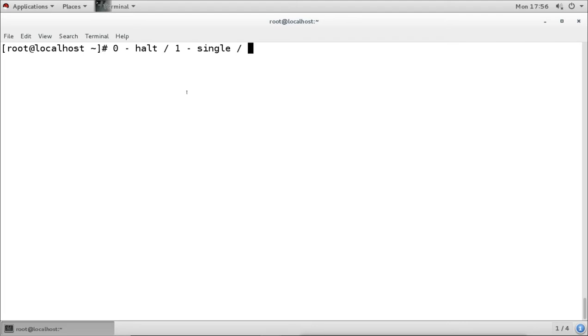Then run level 2 is for multi-user. It has the command line option. That means it is a multi-user CLI, but it does not have some networking features. Then we have run level 3 till RHEL 6, which was multi-user and also CLI, with the full option, that means with networking also.